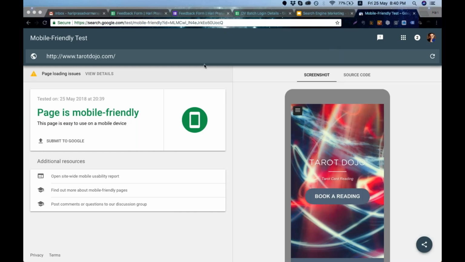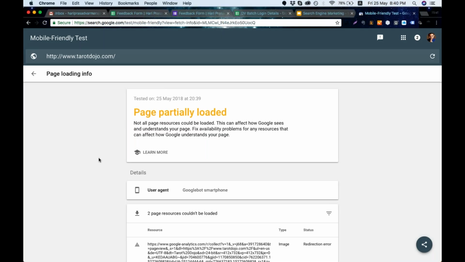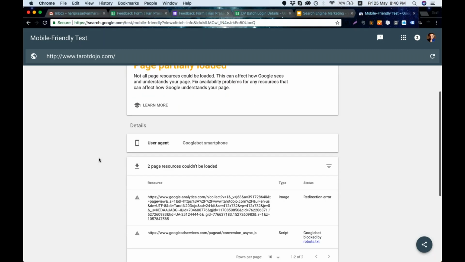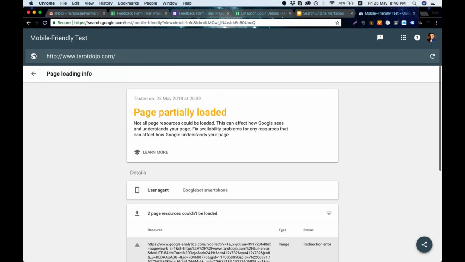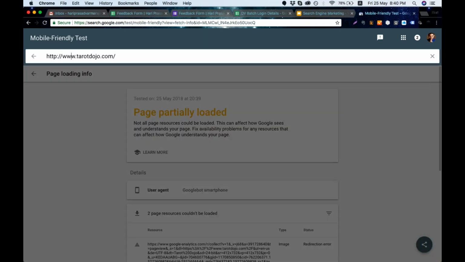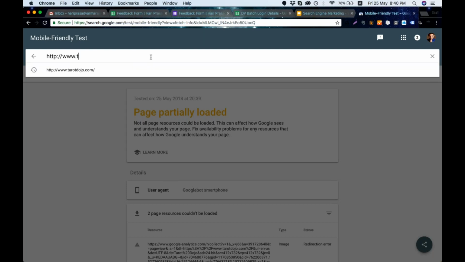Okay, what do you see over here? It says this page is mobile friendly. It's giving a snapshot of the landing page. Now it also gives you additional detail like page loading issue. So if I click on view details over here, it will tell me something which I can improve upon. So you put any URL like this. For example, if I put my yoga website,